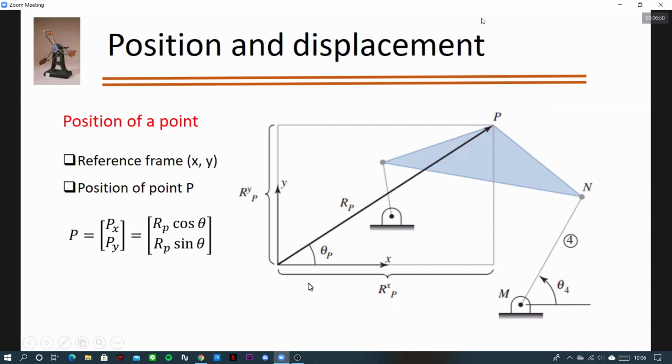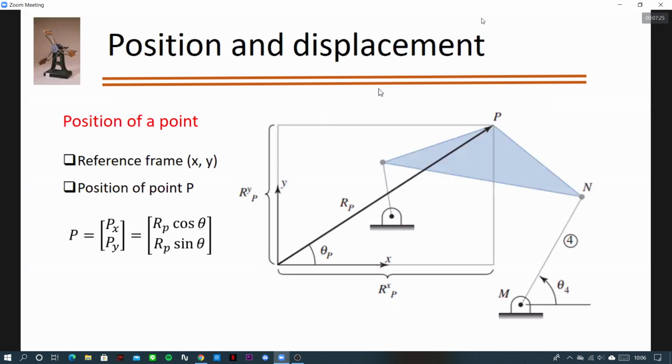So if I ask you in terms of coordinates, what is the position of P in x and y? You can say that it is rxp in x or ryp in y, or in terms of the position of the point, you can write px and py. So px here is rp cos theta, so all simple trigonometric functions you have to use. And similarly for y, you can write rp sine theta, right? So it's very simple. I think it's very basic for you.